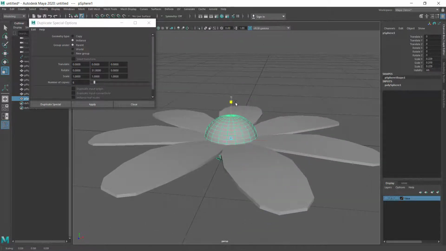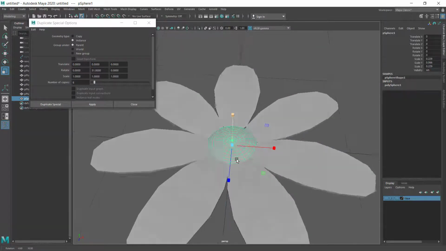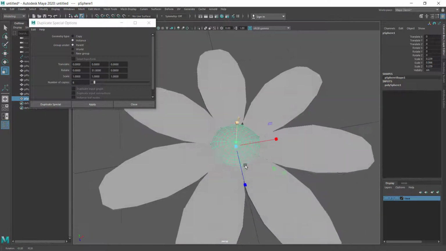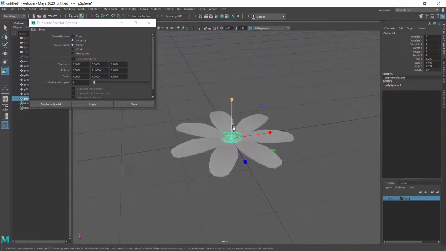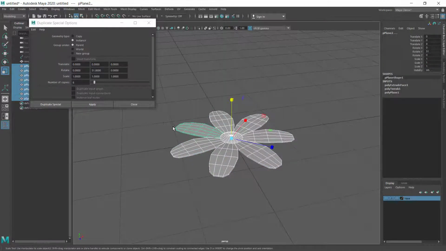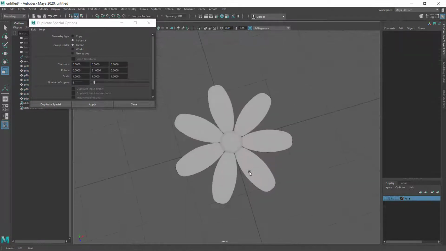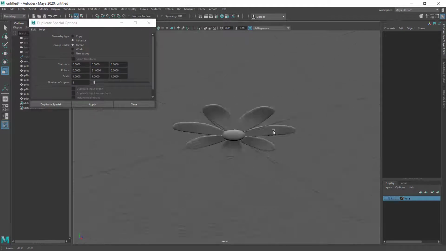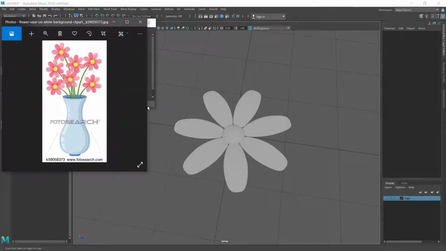And then I want to make it flat. Yep. That's it. And if I smooth all these things down, it would look much better. So let's press 3 to smooth it out. Yep, that's our flower. Okay, so now you can see that it's actually looking